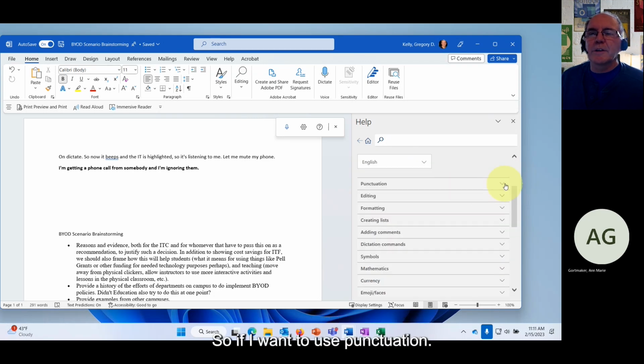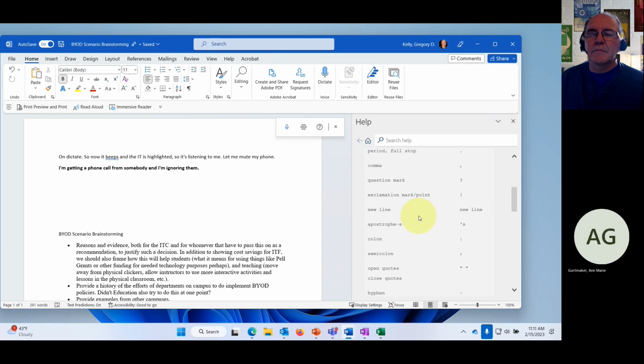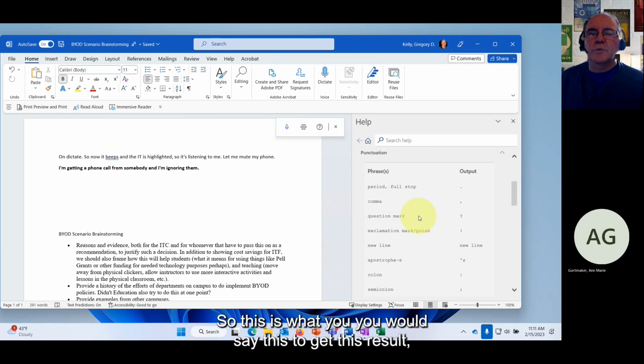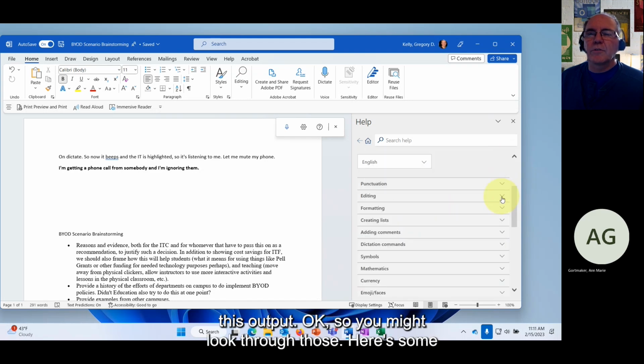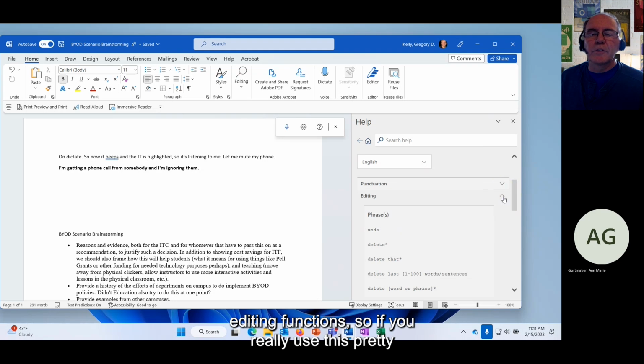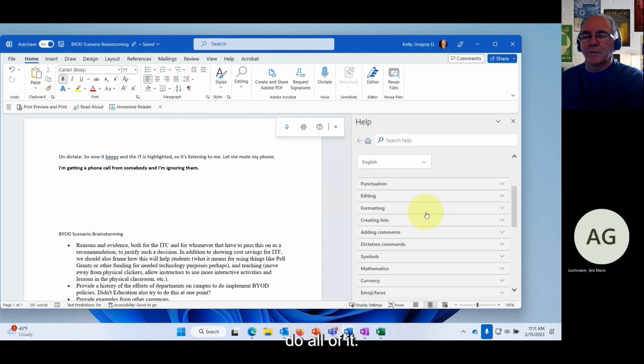So if I want to use punctuation, I would say, you know, like period or full stop, comma, question mark, new line. So this is what you would say to get this result, this output, okay? So you might look through those. Here's some editing functions. So if you really use this pretty extensively, you can add comments. I mean, you can just do all of it